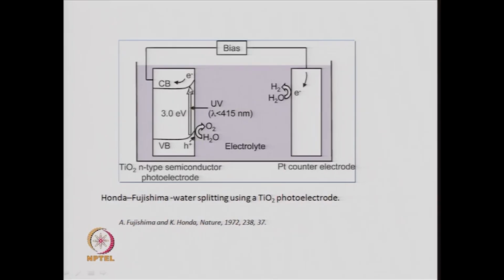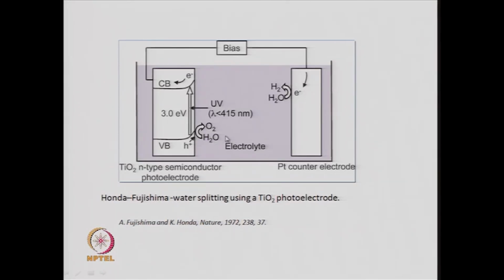So, an electron comes here and a hole is generated here, together this electron and hole is called an exciton, and then this electron goes out into the external circuit, and the hole which is generated